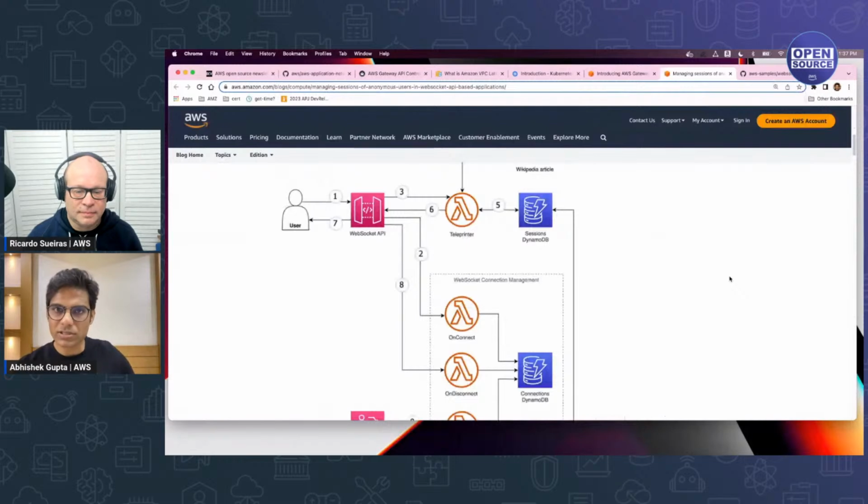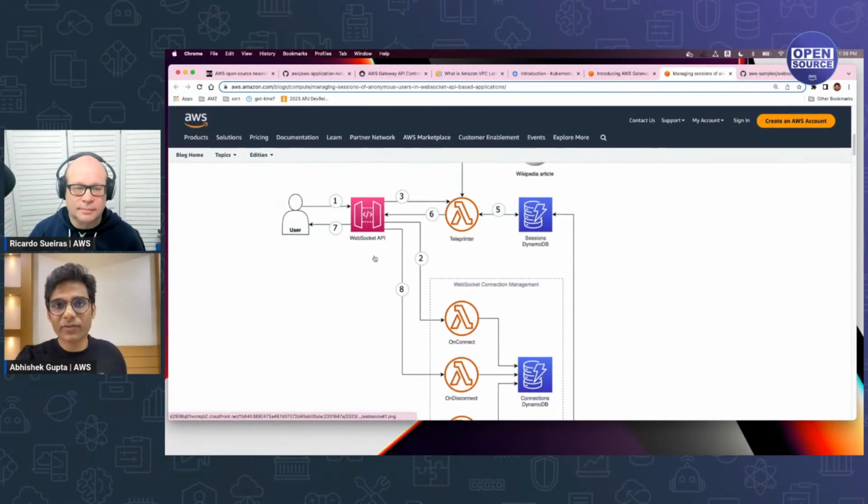So I really enjoyed just reading through it. There is this teleprinter Lambda, which is connected to a front-end client using a WebSocket connection, and it demonstrates very clearly how the WebSocket session management is done. So if a connection is lost, how the user ID is managed. The client application is reading through a Wikipedia article, just as an example in this case. If it gets disconnected, how does it come back and continue from that article? It's a very nice demonstration, and it shows how you can use DynamoDB in the backend to handle inactive sessions and so on and so forth. So if you're using the WebSocket API with the Amazon API Gateway, that is what this blog post focuses on.